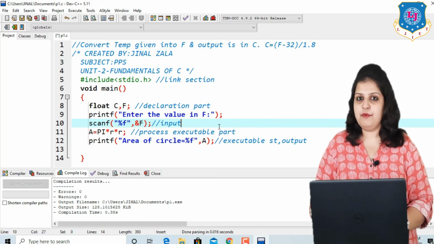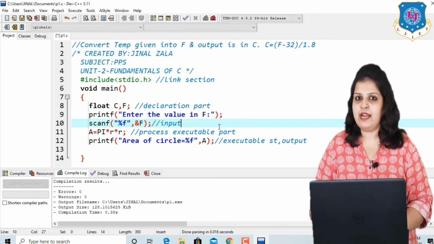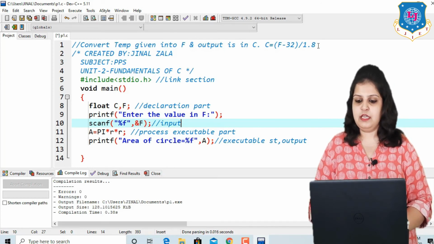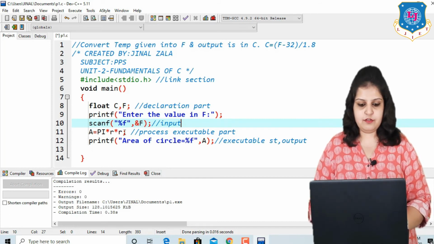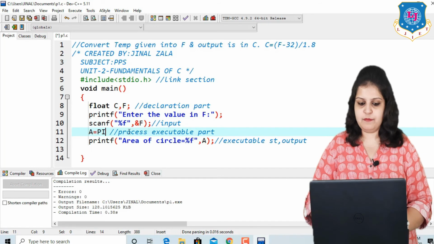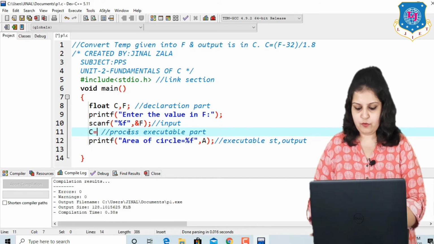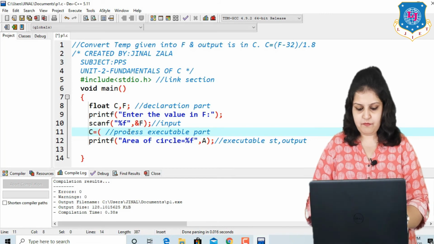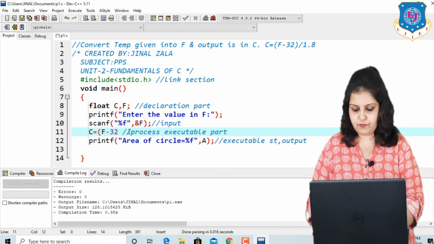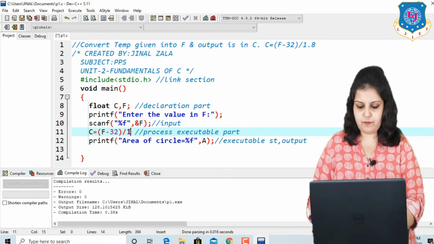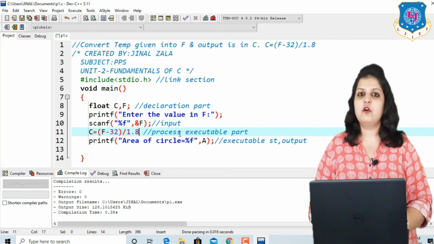Now think about the process. The process is nothing but our expression, and the expression is C is equal to F minus 32 divided by 1.8. So remove the expression of area of circle and write C is equal to F minus 32 divided by 1.8. So our process part is also completed.